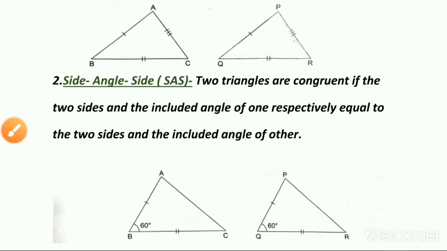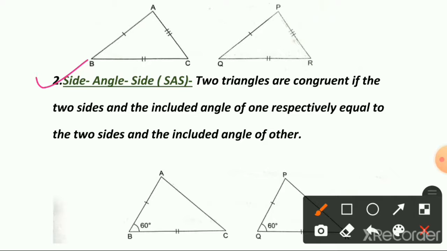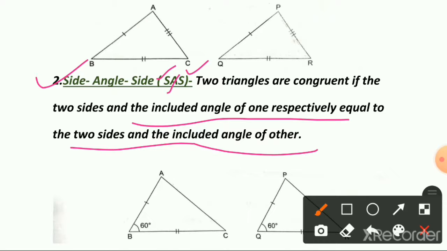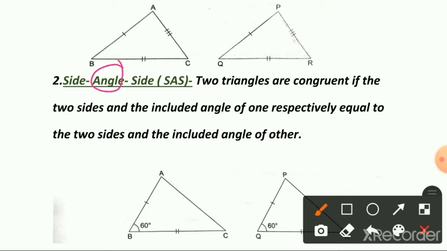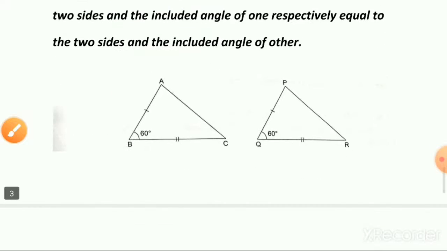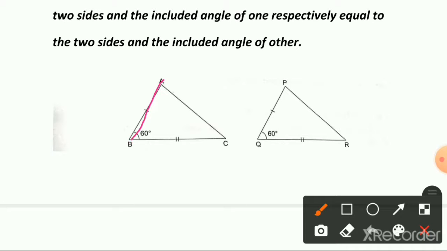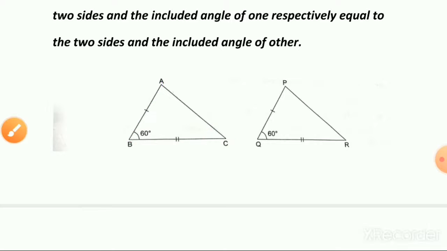In the same way, the second is side angle side, SAS. Two sides and the included angle of the first triangle are equal to two sides and the included angle of the other. The main thing you need to remember is that the angle must be the included one. 2 sides के बीच वाला angle होना चाहिए. Like if I am taking AB side and BC side, so I need to take this angle, because the angle which is in between these, I can't take it like that. If I am taking these two sides and angle, I am taking this one, not like that.